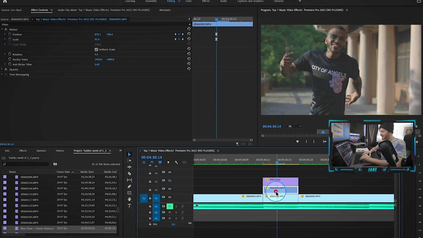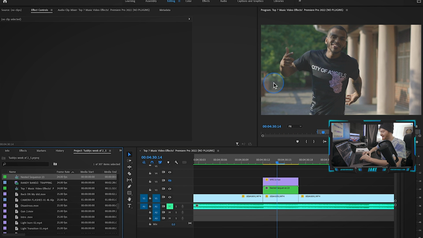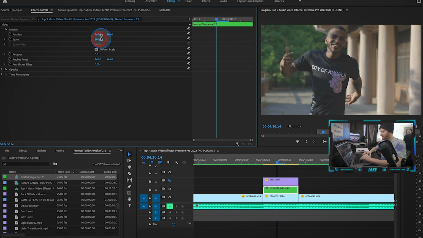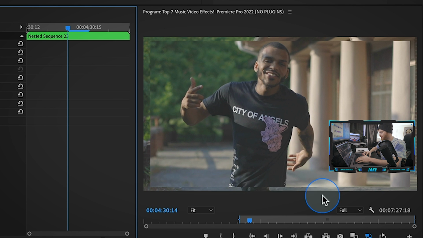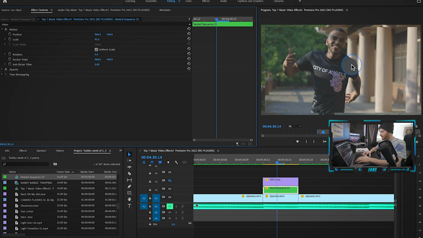So what you gotta do is nest this clip right here. And that's just gonna make sure that if I zoom this out now, maybe let's go to like 95%, we can see the border of the original clip underneath, which kind of helps give it that popping out effect. We just shrunk it down a little bit right there, and then I just overlaid that clip with this VHS